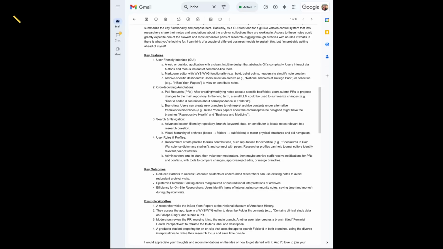This is really interesting, and it kind of gives me goosebumps thinking about this problem and the scope of it. You had listed out a couple key features, some outcomes, and some example workflows. This is a really interesting starting point for a Replit prompt, actually.